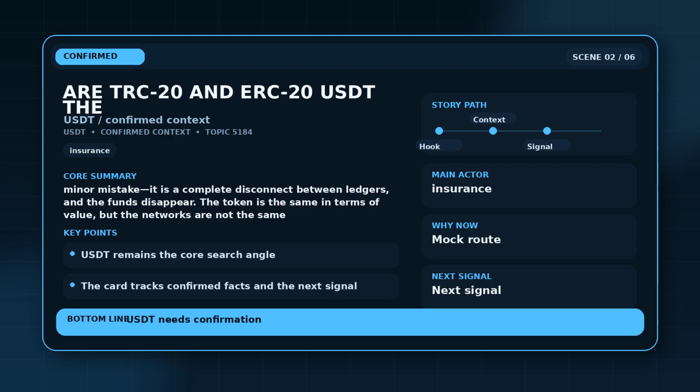or compatibility. Tether launched USDT on the Bitcoin-based Omni layer in 2014, expanded to Ethereum in 2017, and added Tron in 2019. Since then, USDT has expanded to Solana, BNB Chain, Polygon, and other blockchains. Each version of USDT is a claim on Tether's reserves and trades at $1, but each version exists only on its own network. Sending TRC-20 USDT